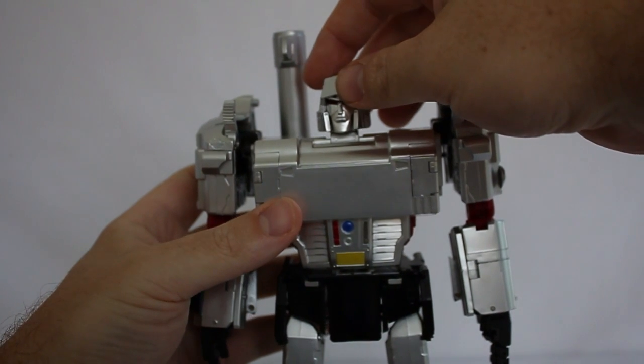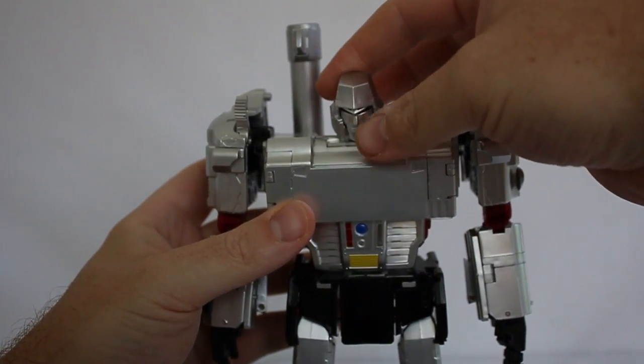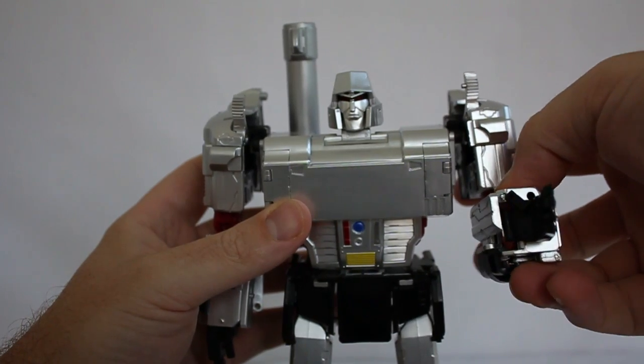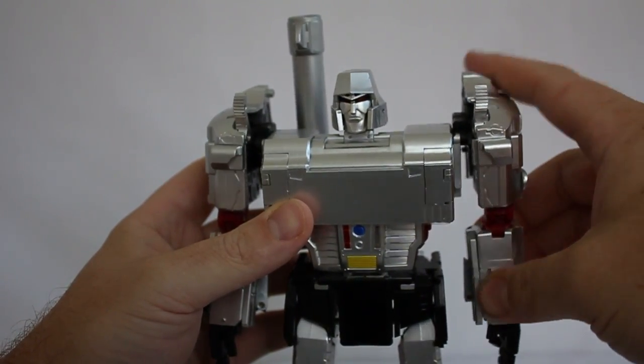I guess we'll go over posability first. He has a swivel joint in his neck, and his head can go up and down. And of course, he's got those ball jointed sockets here. He's got more than 90 degree bend in the elbow,